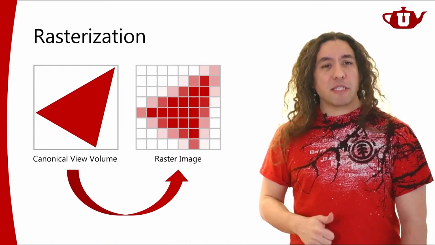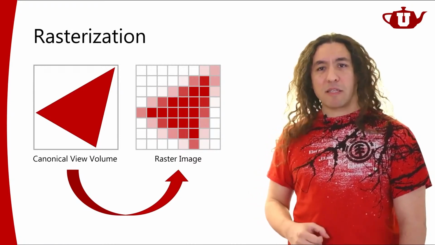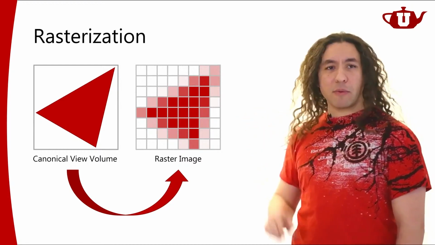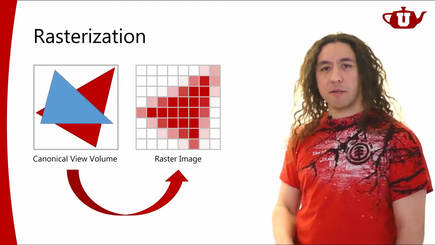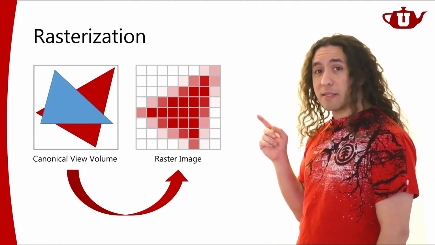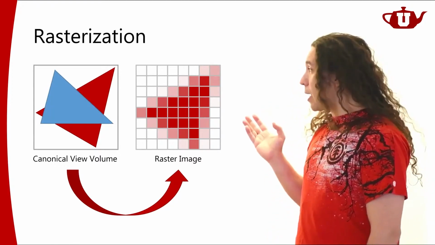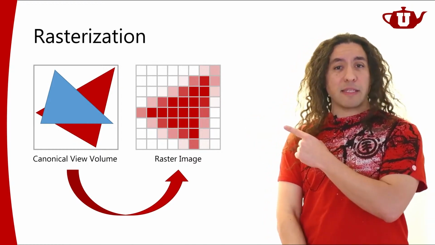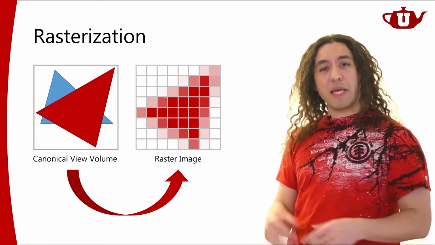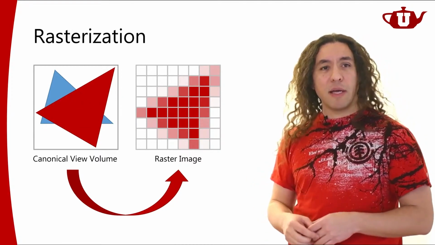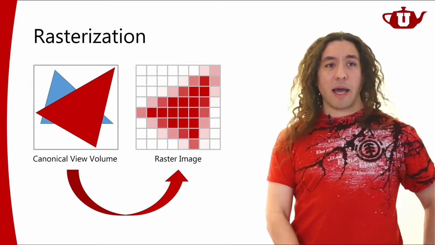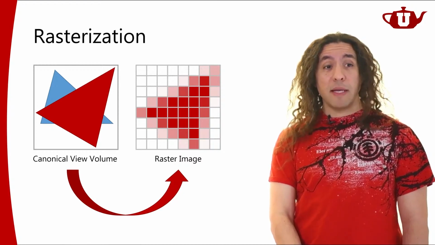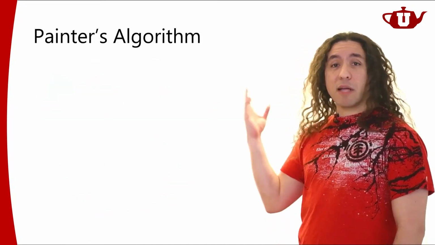The problem with rasterization, one of the fundamental problems with rasterization, is what to do when you have more than one triangle to deal with. So if I have another triangle here, in this case, this triangle is in front of the other one. How would I handle this? First of all, I need to figure out where that other triangle is. Is it in front of the red one, or is it behind the red one? I kind of need to figure it out, and based on that, I'm going to be generating the image. All right. So let's start talking about the painter's algorithm first.